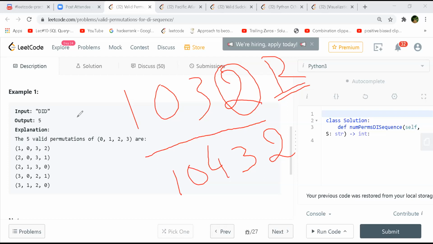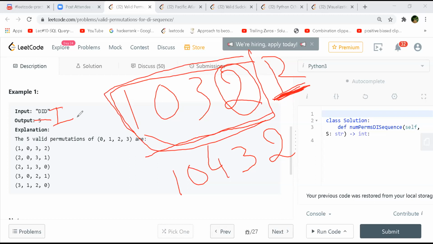No, I mean, this is your sequence. If you want to get a bigger one, let's say D I D, and again you have to follow I. Let's say you have to follow a D I D I sequence. So what will you do? You need to have something more, a bigger number. So in order to have a bigger number, let's say ending with 2, whatever digits are in this array which are equal to 2 or greater than 2, you increase them by 1. And now you push, no, this will give you a decreasing sequence, my bad. And for I, increasing, you have to subtract, I think, from them.